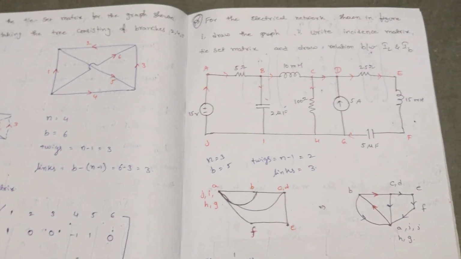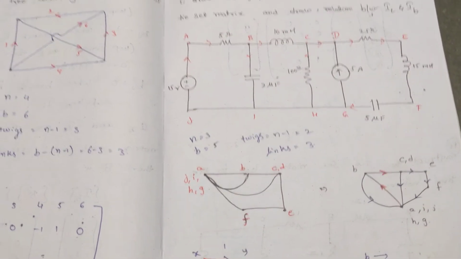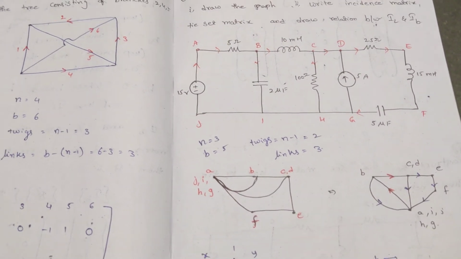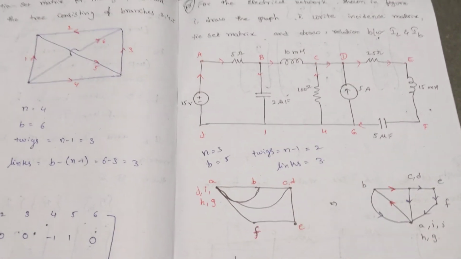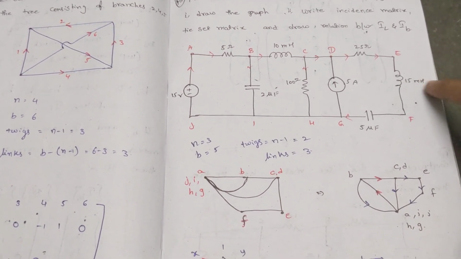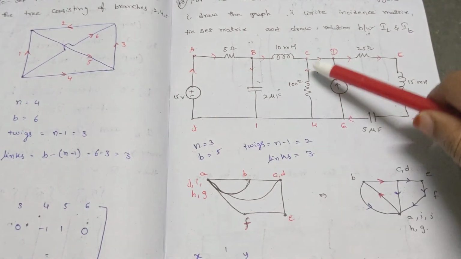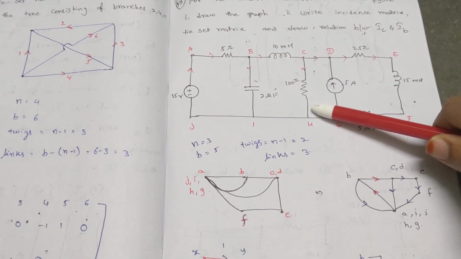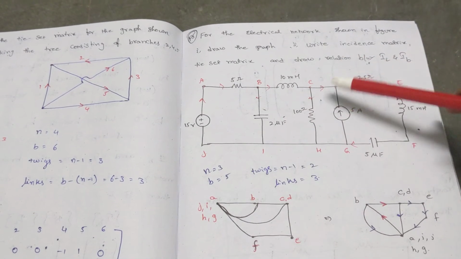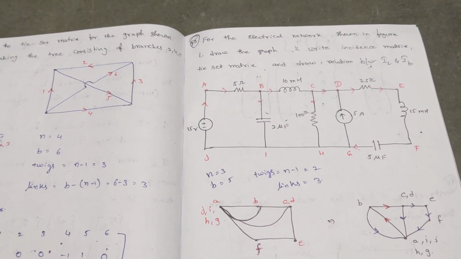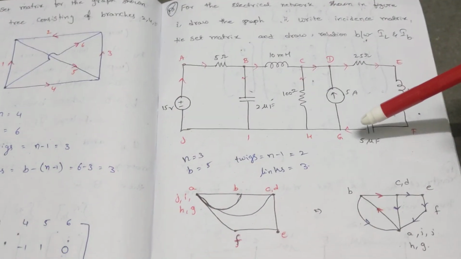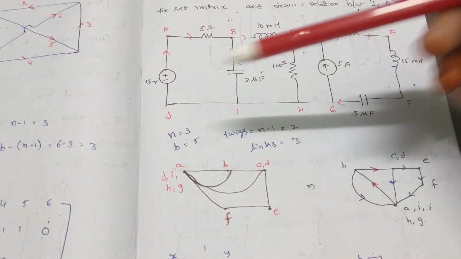So please observe. So total number of nodes and total number of branches we need to find out. Before that we have to draw the graph for this given network. Whatever the elements, irrespective of its nature, we are mentioned in a short circuit way, line segment. For the voltage source we are represented as short circuit. For the current source it will be the open circuit. So when you observe this, whatever the nodes here, these nodes are available in the given problem, so I am not disturbing those values right now.